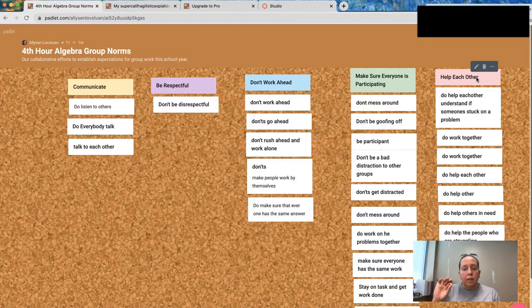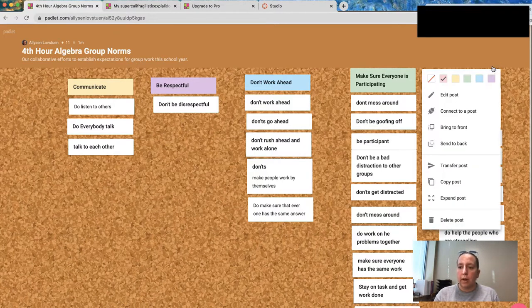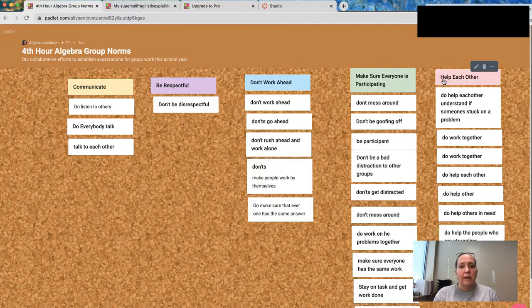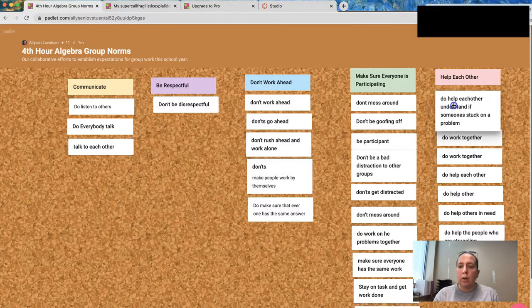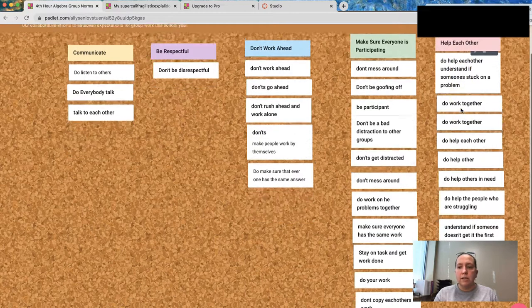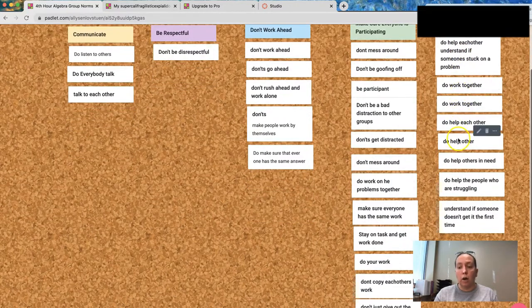If they all said yes, then I colored it a color. If they did not, then we had further discussion. So everyone agreed help each other should be one of our norms. So I clicked this, I colored it pink, and then I asked for student input which of our scattered little things they had typed would fall under that big header of help each other. So they pulled over, they said, do help each other understand if someone's stuck on a problem. So then I was able to grab that, which was over here somewhere, and pull it under help each other. And then they said work together fell under there. So I pulled all the work togethers under there. So in the end, we had help each other with all of these more detailed things that fall under help